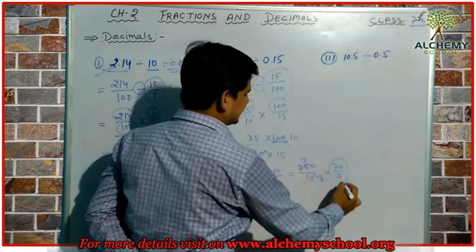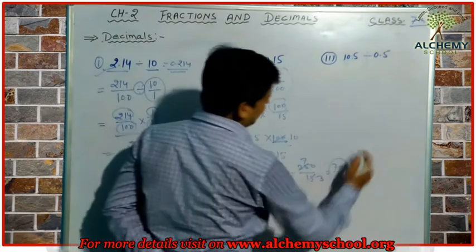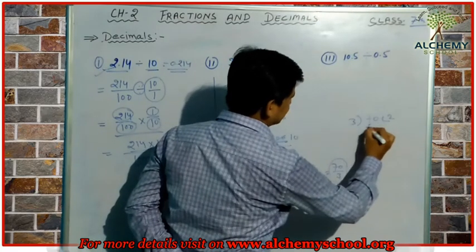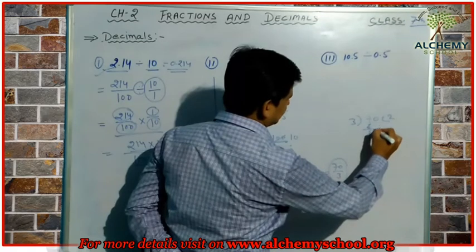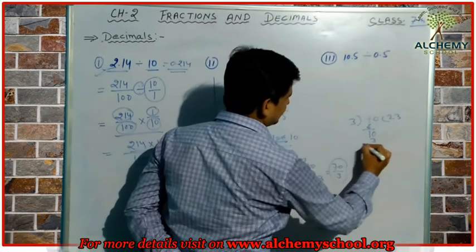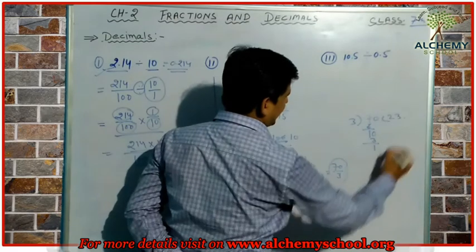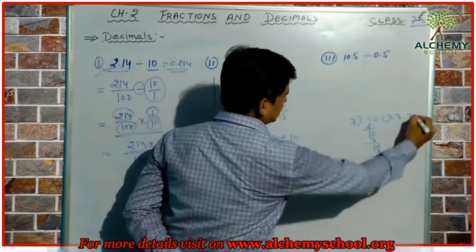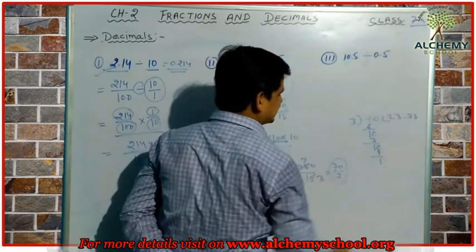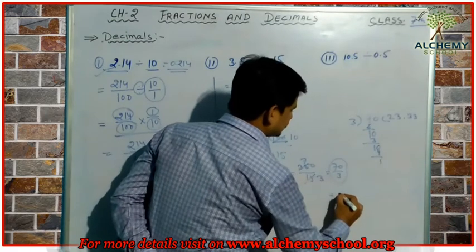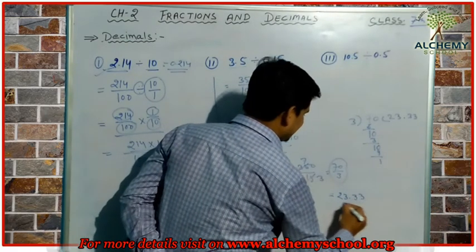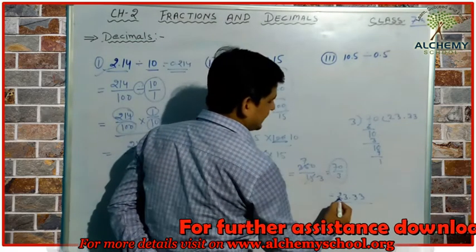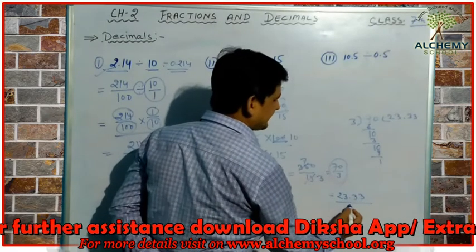We can convert 70 upon 3 into a decimal value. How can we convert it into a decimal? So 70 will be divided by 3. 3 twos are 6. Okay, we get the 1 and 0. 3 threes are 9. Again we have 1.0. 3 threes are 9, 1. So we can see 3 is repeated continuously here. So we can write our answer as 23.33 as the answer of 70 upon 3. The value of 70 upon 3 will be 23.33 in the form of decimal.